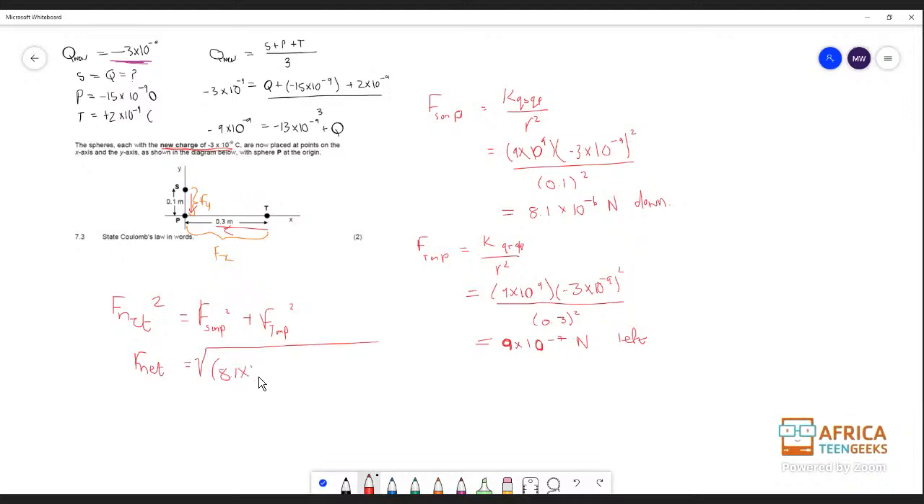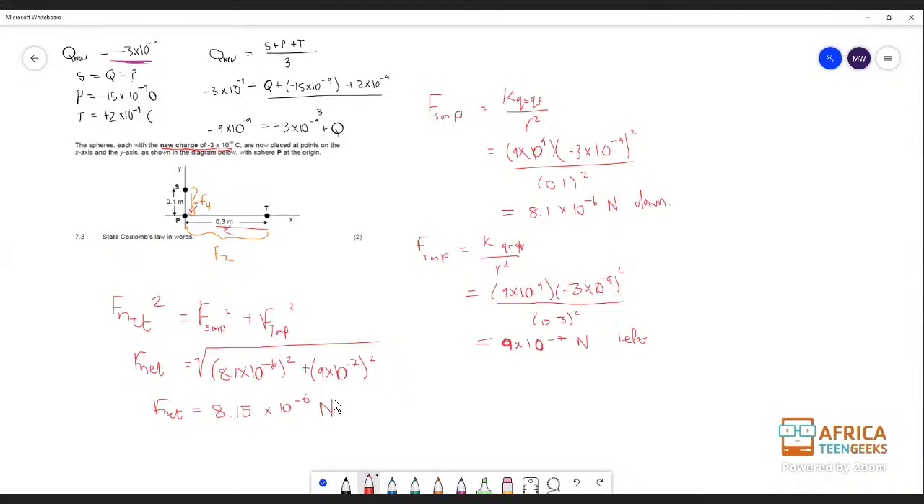8.1 × 10 to the -6 squared plus 9 × 10 to the -7 squared. And if I put all of this into my calculator, my net force is equal to 8.15 × 10 to the -6